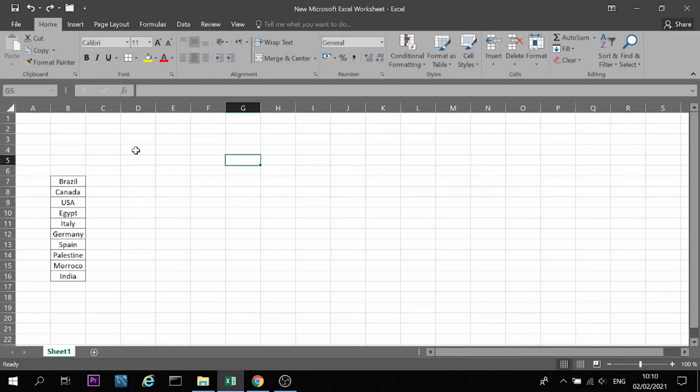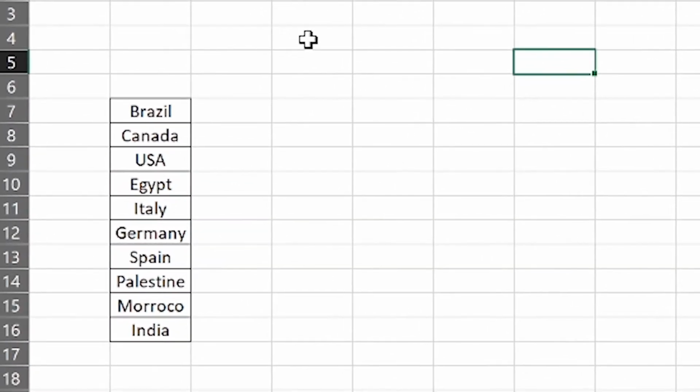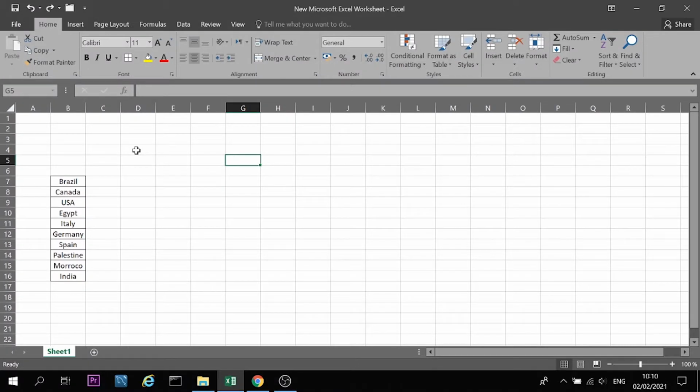This action is very simple. Just choose the cell and notice here we have 10 options: Brazil, Canada, USA, Egypt, Italy, Germany, Spain, Palestine, Morocco, and India. So select any cell